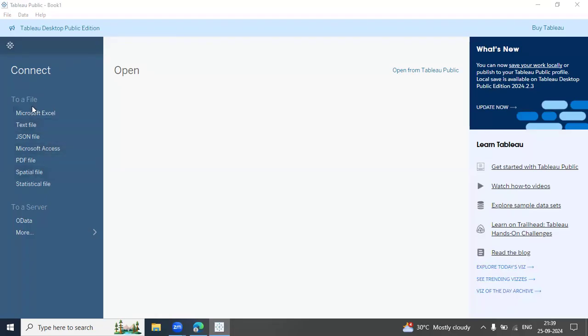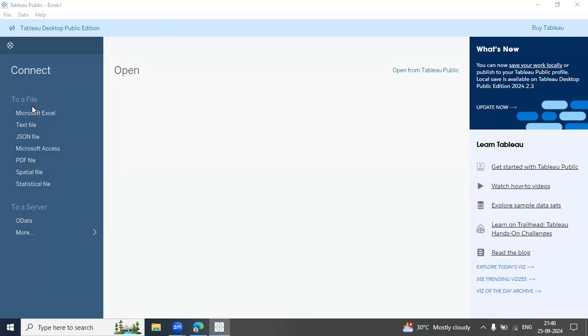So here you can see, if you want to connect with any file, it can be either Excel or you can use your text file if you want to use that data for visualization. A JSON file can also be used. A PDF file can also be used for data visualization.